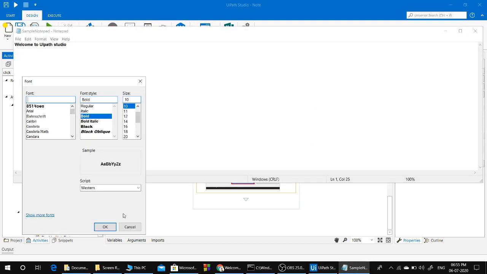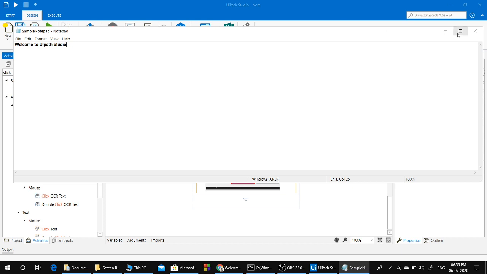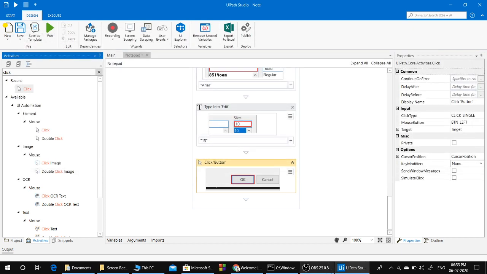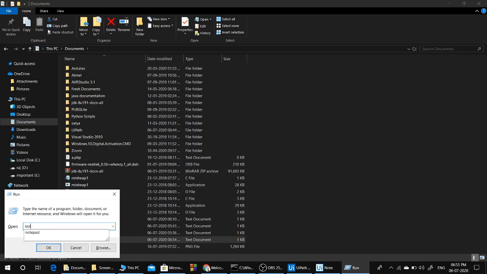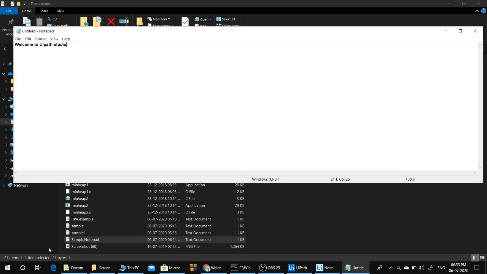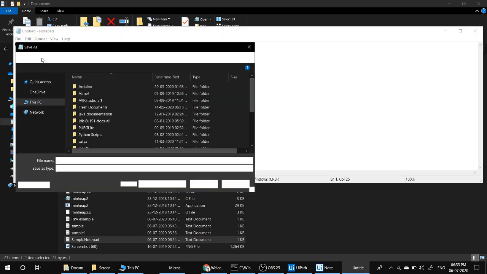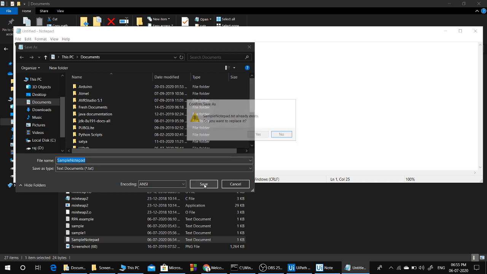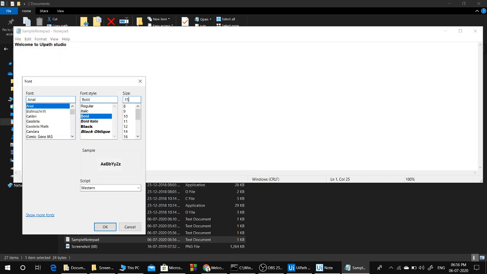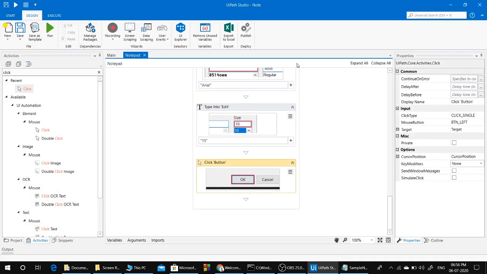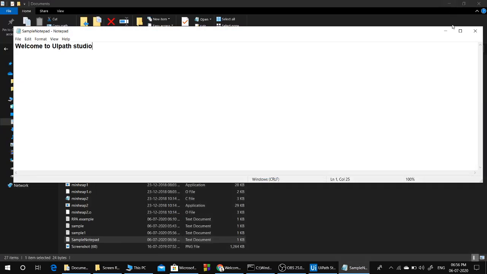Close all the windows, save and run. Yes, it finally worked. Here the font size and shape are changed.